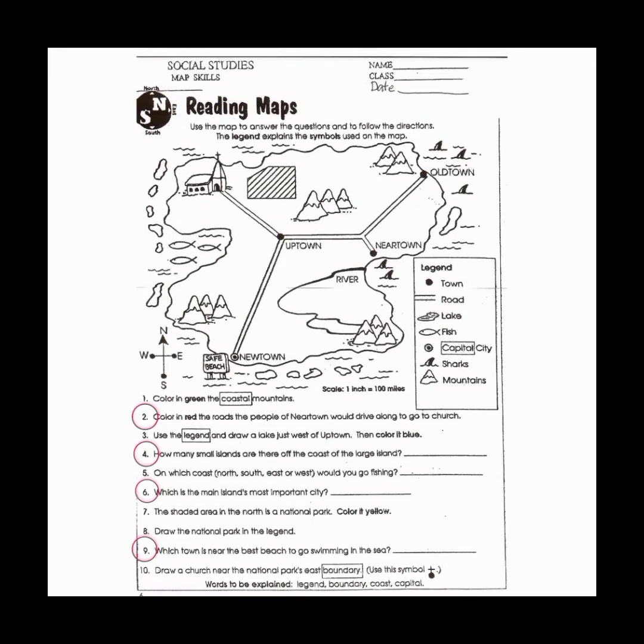Number 2 says, color in red the roads the people of Newtown would drive along to go to church. So looking at the island, we want to find Newtown, and here it is. I found it right here. And I'm going to just highlight in red all of the roads they can take to go to the church. So I'm going to highlight it here, then go over here to Uptown, and then from Uptown I can see the church is this way. So that's basically what they want you to do. It's just highlighted in red. Okay. And now number 4